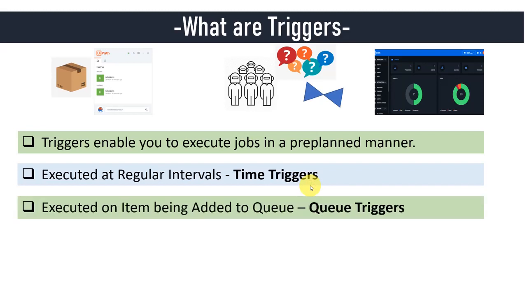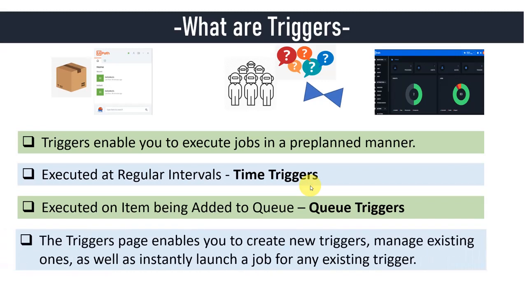Next, we have one special kind of trigger which we call a queue trigger. So what exactly a queue trigger is: whenever an item is added to the queue, the trigger gets executed. Let me give an example. Let's say you have a process and you want to trigger it only when you receive an email. So how you will design it is, we will create a bot which will keep looking for the email, and whenever we receive an email, an item will be added to the queue, and whenever an item is added to the queue, the respective job will get triggered, right? So that's why it is called a queue trigger.